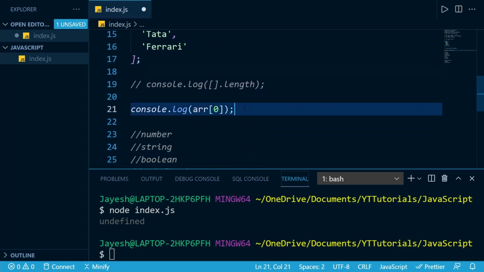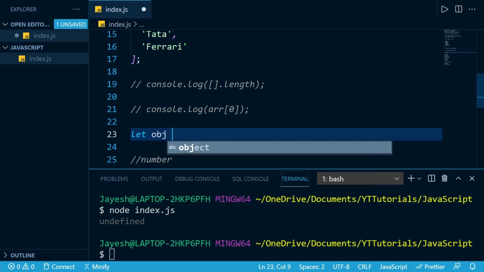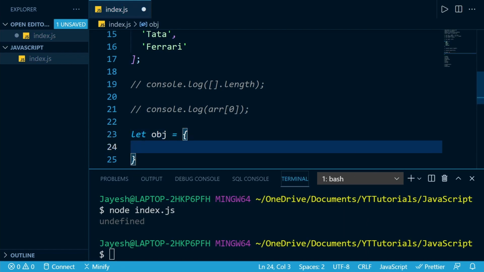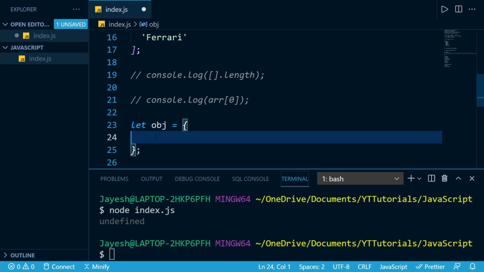So what are objects in JavaScript, and how do we declare and use them? First of all, let's have a variable: let keyword, let object is equal to some value. When we want to initialize our variable, remember initialize means we are giving it a value when we are declaring it.